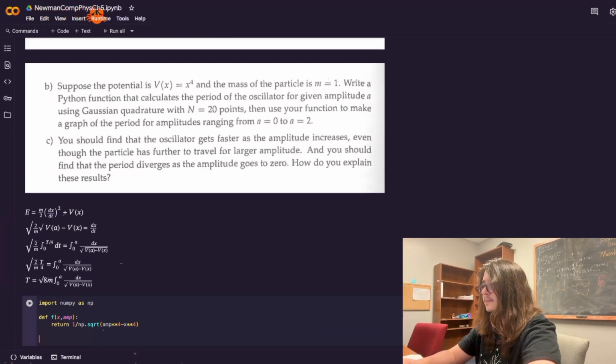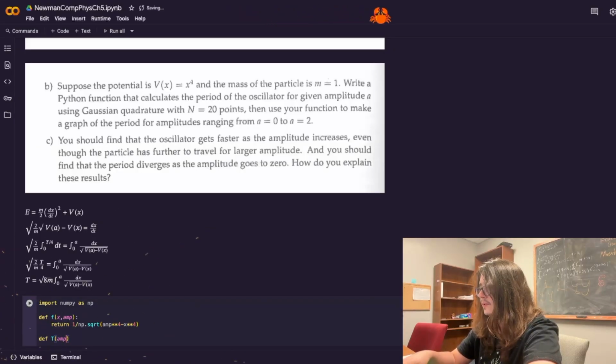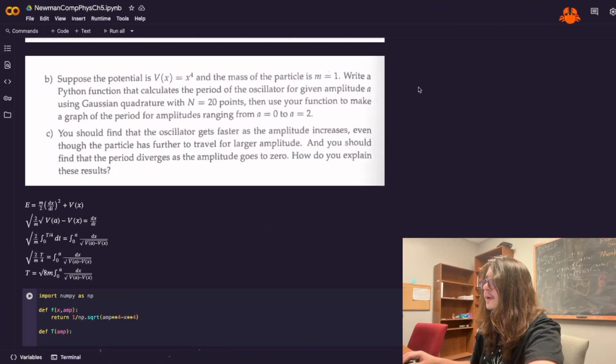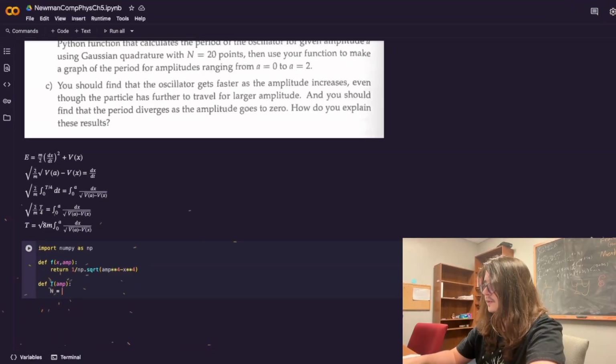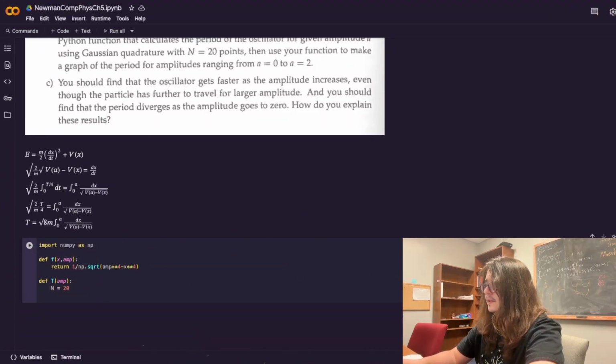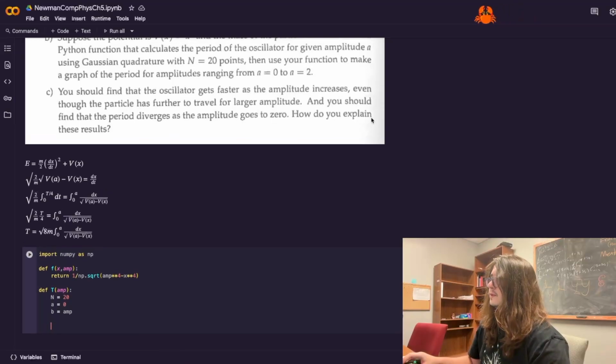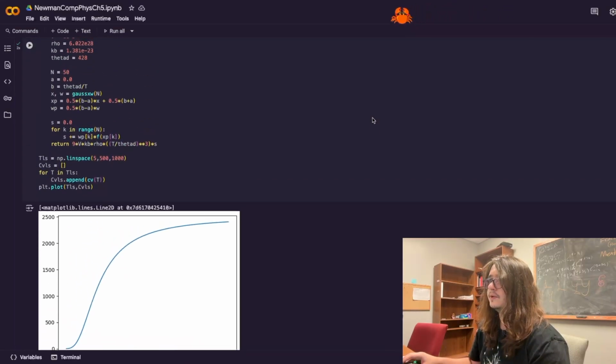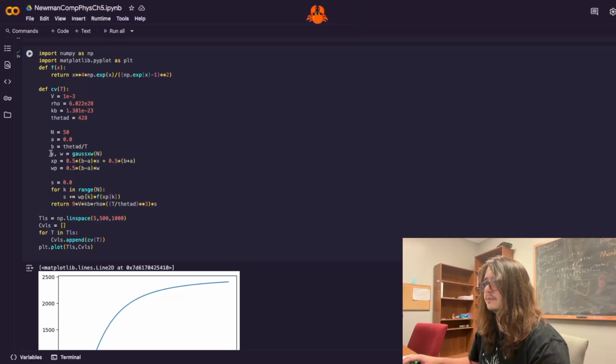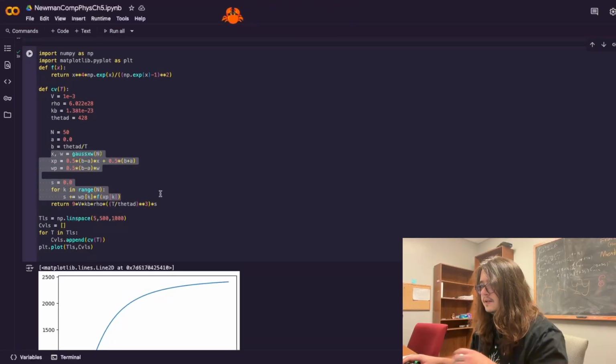Nice and simple. And then we're going to define the function to do the integral, T of amp. It's the only argument we're going to put in. With n equals 20 slices, the starting point for the integral is always 0. The end point for the integral is the amplitude, and then at this point, it's just the Gaussian quadrature example code again, which I did up here in the last problem, so I'm just going to grab that. Stick it down here